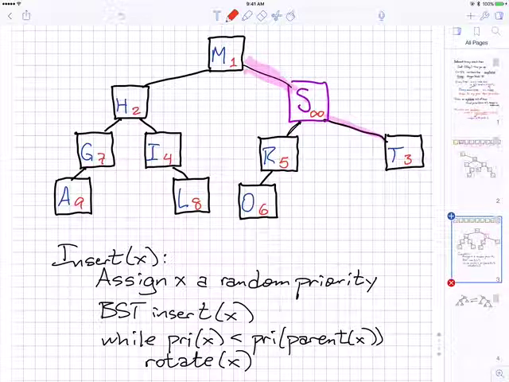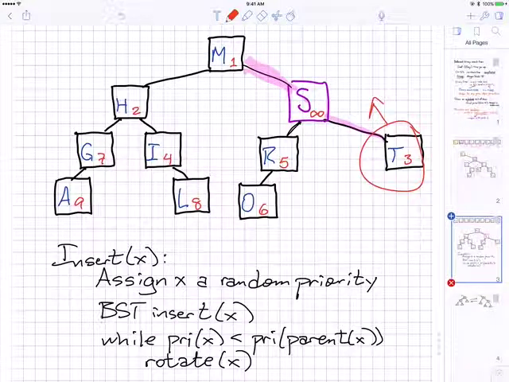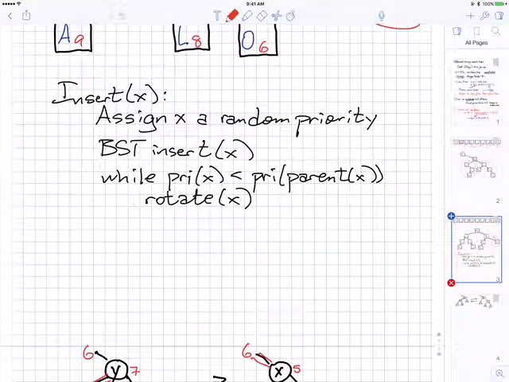So I'm going to choose the node that has the smaller priority and rotate it up, and that's going to bubble S down. And then if S still has descendants, I pick whichever descendant has the smaller priority and bubble it up, and that pushes S down. And I keep doing that until S is a leaf, and then I knock it off. Okay? So the deletion algorithm